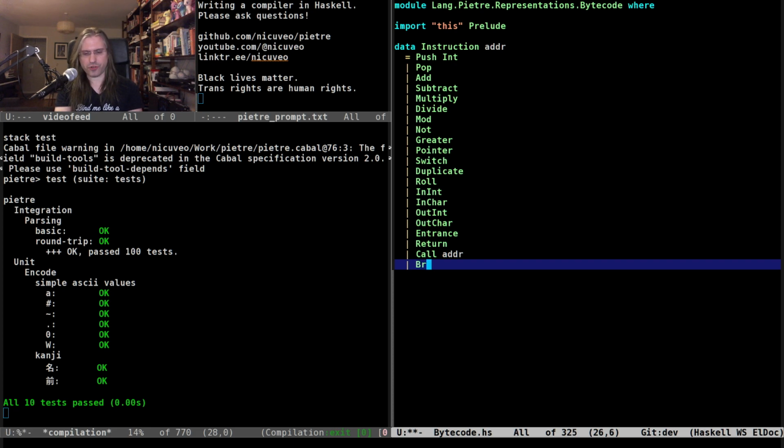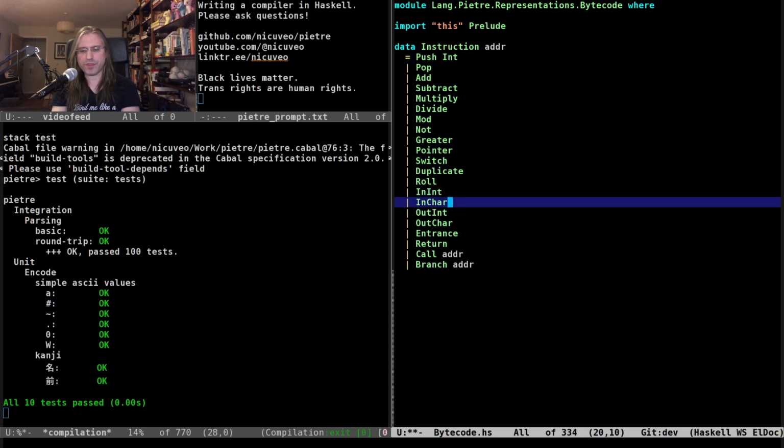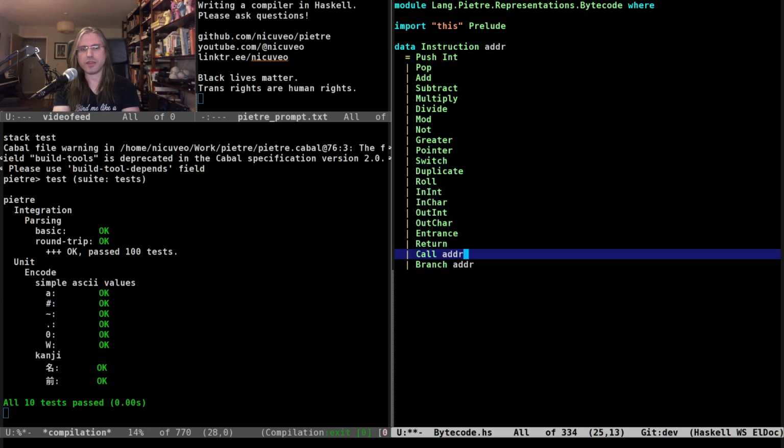And branch, I think, requires an address as well. Unless, so the thing is, what I want to be able to do at this level of the bytecode is to have the address be the name of a function, basically, rather than an actual hard-coded address, and then do a linker phase, kinda, where we assign a unique number to each address, so that then I replace those numbers in all of the functions, and then we can do this.